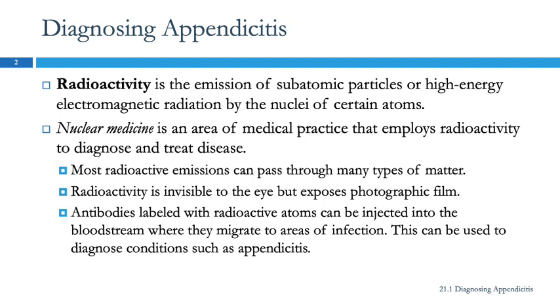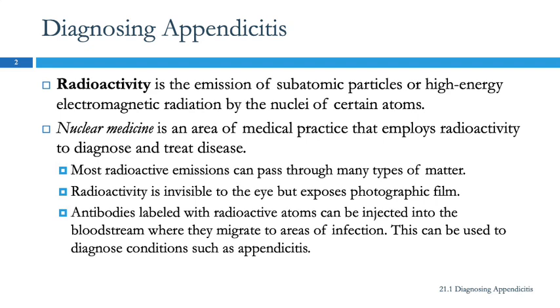So one thing they can do in nuclear medicine is to take antibodies that have been labeled or tagged with radioactive atoms. So you could have an antibody. Antibodies always have carbon in them. This isn't what they use, but just as an example, you could take a radioactive isotope of carbon and insert it for one of the regular carbons in there,